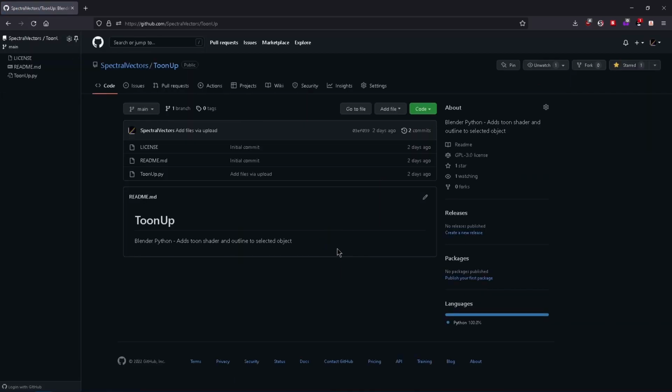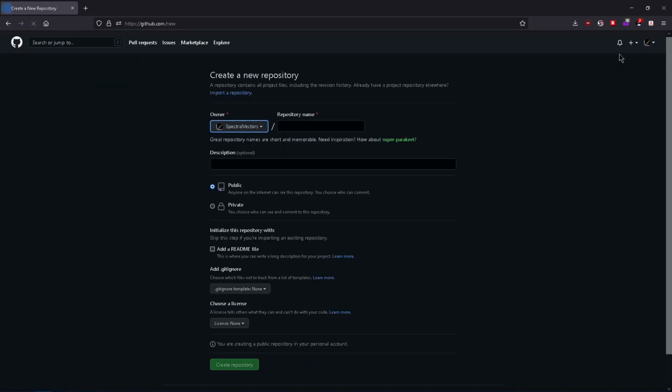And yeah. So if this is your first thing, let's say you wanted to make your own copy of this. If you were following along in the last one, maybe you wrote your own script and you've got it stored on your computer. What you can do is sign up for your account, get going, and then there's this little plus button up here. You can click New Repository. Then that will let you